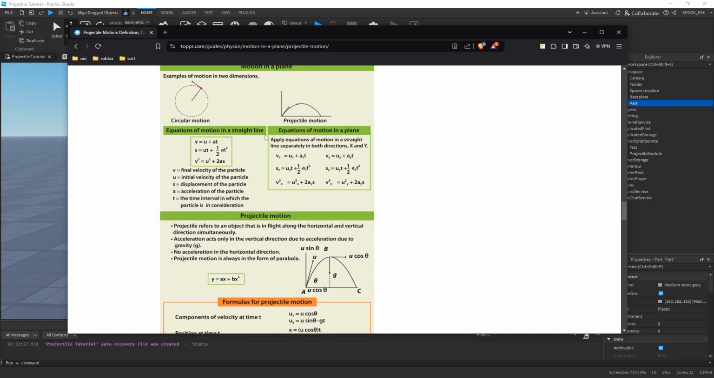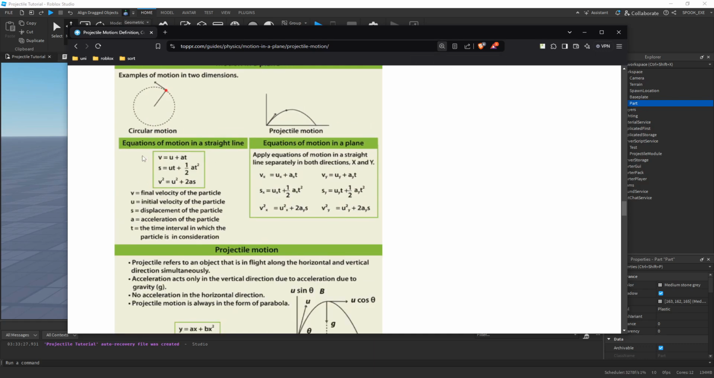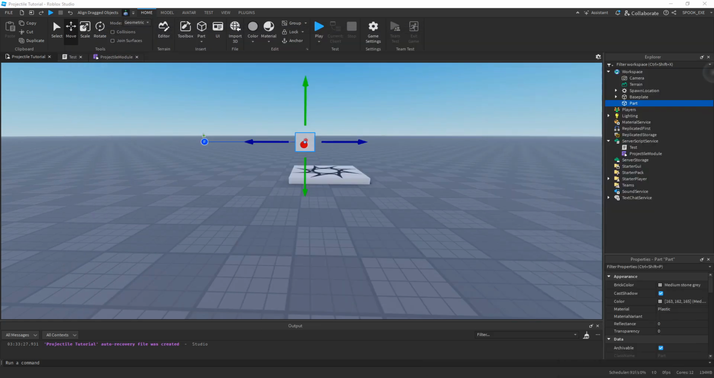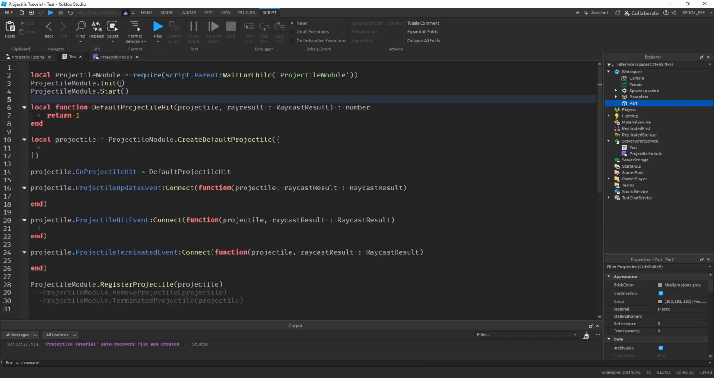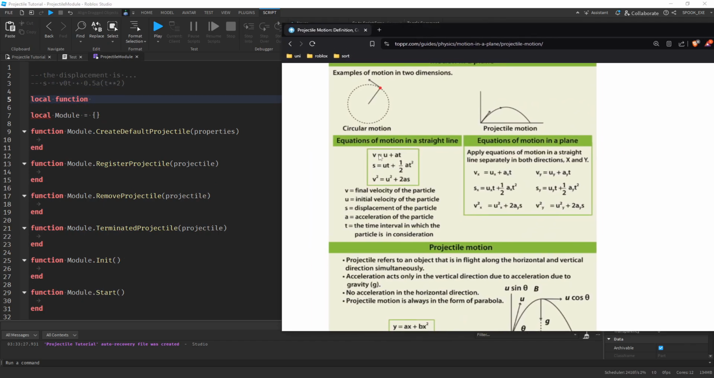So we're going to implement those. I would recommend you have a look here and start typing these out. I'm going to move this over here, open this up, and we're going to do a local function. Looking at this formula, we've got final velocity equals u plus at. So I'm going to call this find